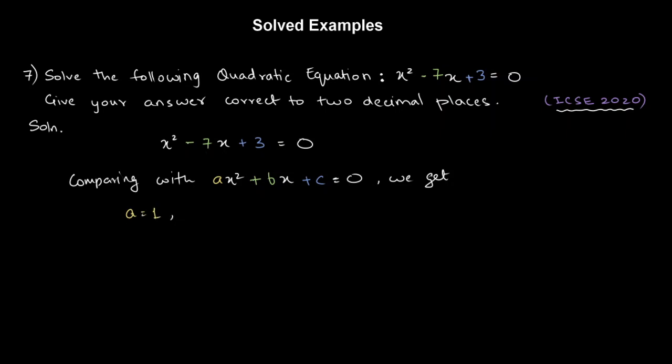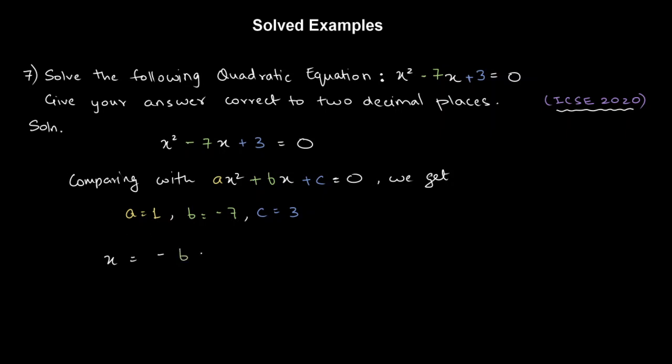B, if you notice, the coefficient of x is minus 7, right? And c, the constant term, is equal to plus 3. So comparing with ax squared plus bx plus c, we get a is equal to 1, b is equal to minus 7, and c is equal to 3. And what we need to do now is substitute these values in the quadratic formula, which is x is equal to minus b,